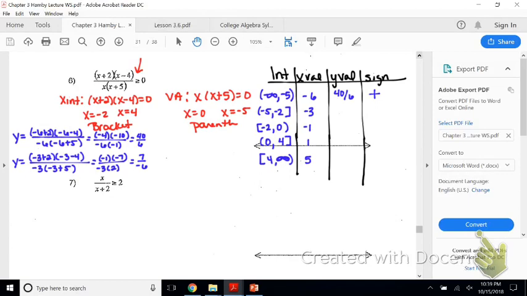And I got -7/6. We're going to plug in -1. I think I'm going to run out of room there. I'll just have to do it below a little bit here. So